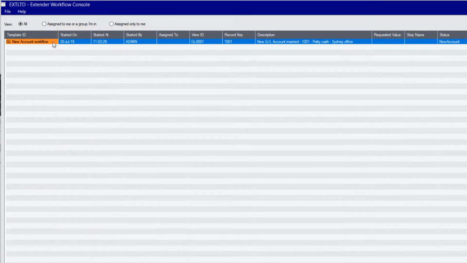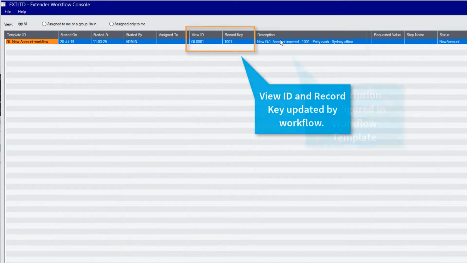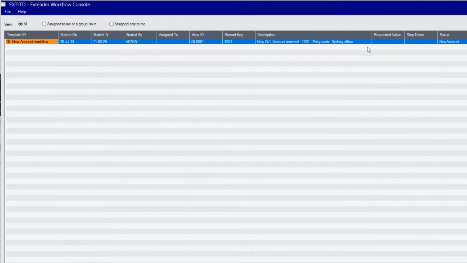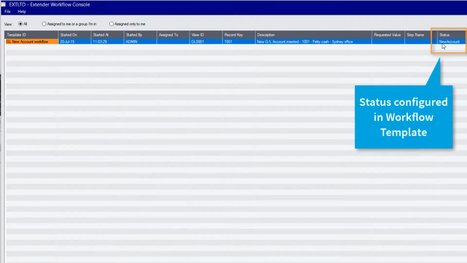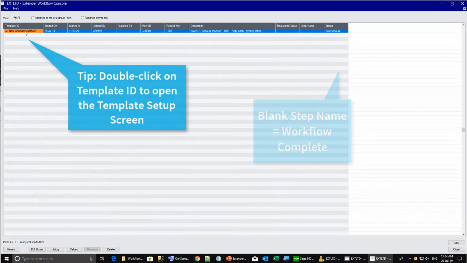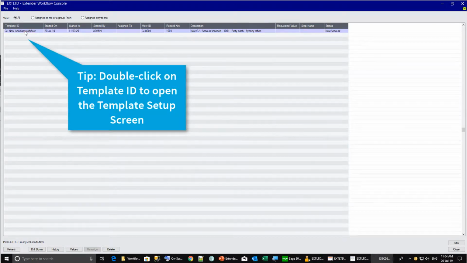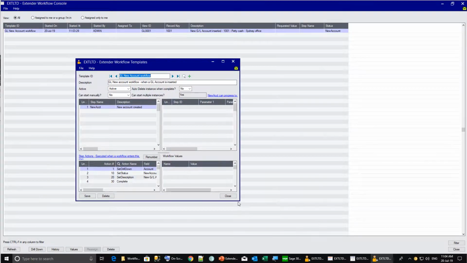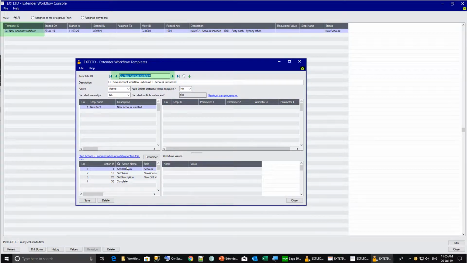I've got my template ID here. I've got the view, the record key, so that's the account number. My description has been set as per my workflow template, and the status has been set to new account. The step name is blank, and that indicates that the workflow is actually completed. If I double click on the template ID, it will open my workflow template, so we can now check and see that these 3 actions have been configured